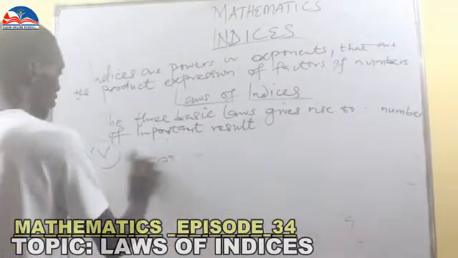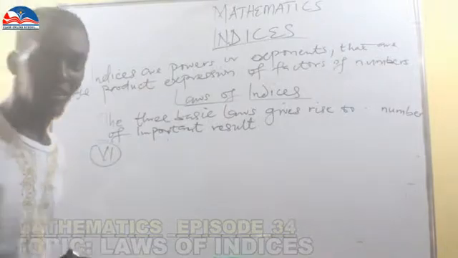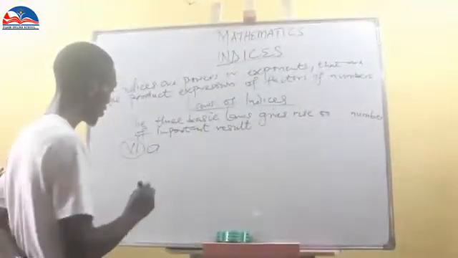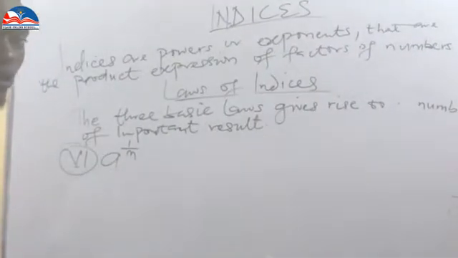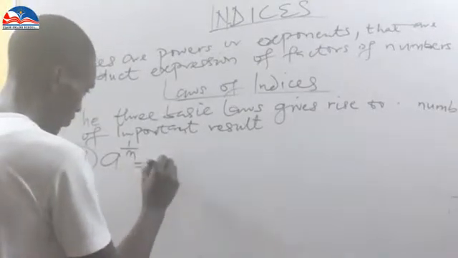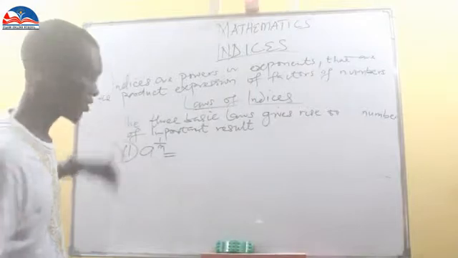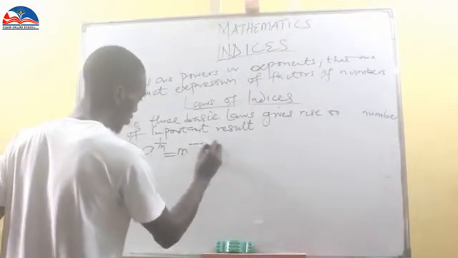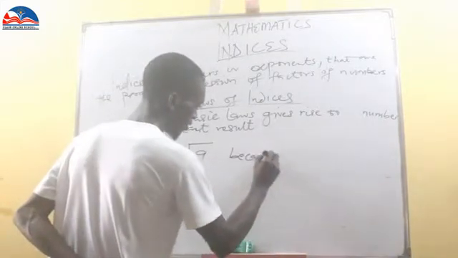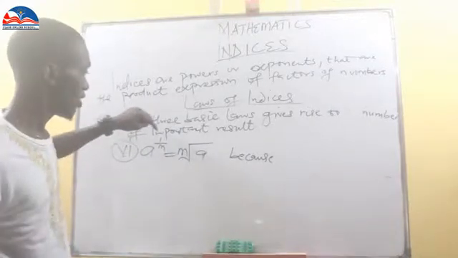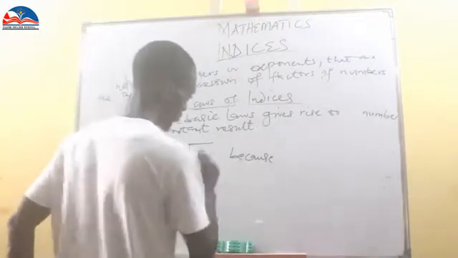The sixth law. If we have that A index 1 over M, this is unlike the others. If you have that A index 1 over M, it is equal to M root A. Why? Because